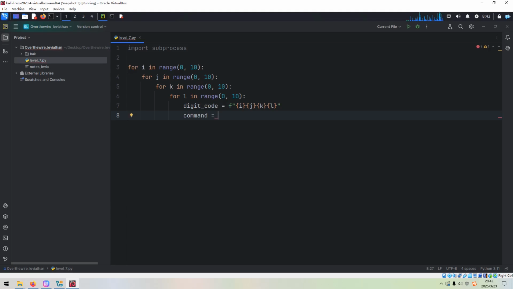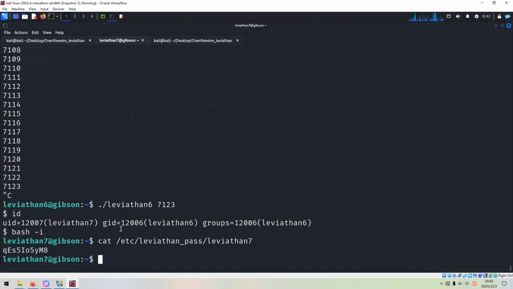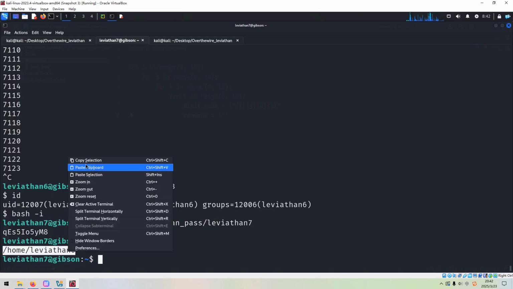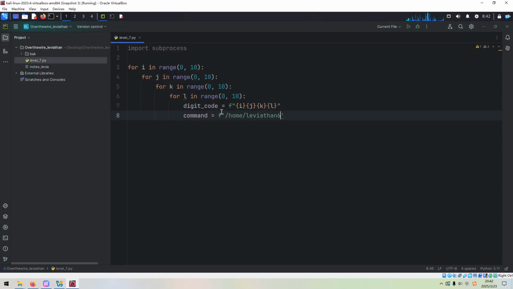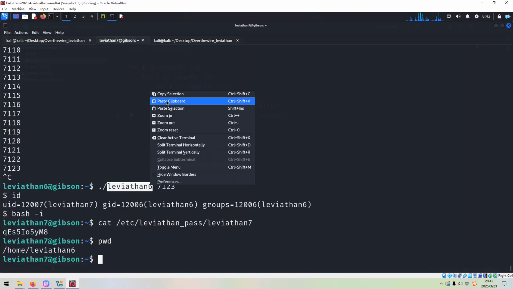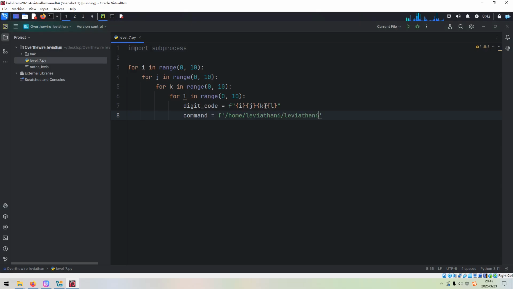Okay, now we can construct a command, and also we can use a formatted string, and we can get its path. We can copy, paste over here, and also the binary name. Yeah, this one, and space, and then we can use another curly braces. So this should be digit code. Then result equals